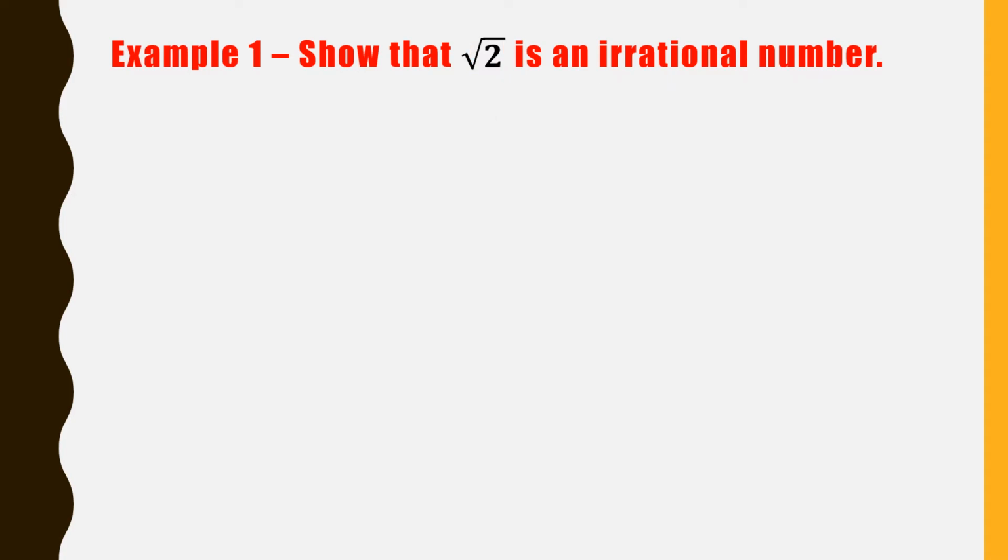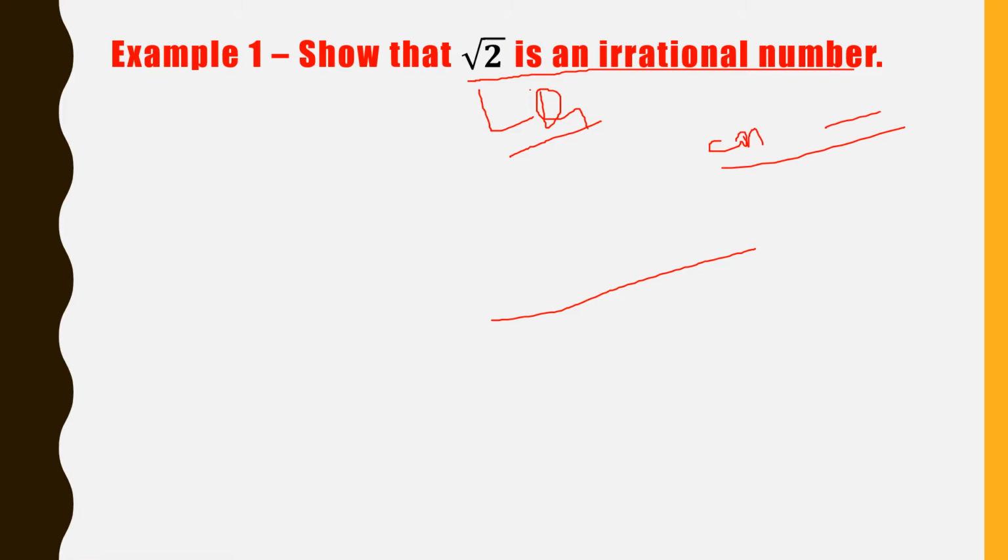The procedure you should follow: he asks you to prove that it is an irrational number, but in the problem we will take it as a rational number. We will take it as a rational number and then show that it is not satisfying our assumption, so it is an irrational number. Here we take a contrary approach. Contrary means we take one assumption first and show that it is not satisfied, then it will be an irrational number. We take one assumption, then show that this assumption is false, so it will be an irrational number.